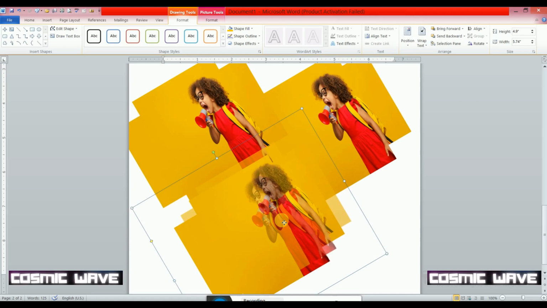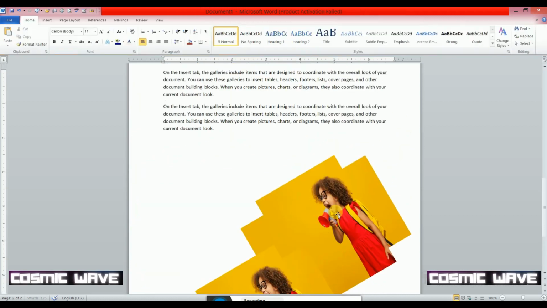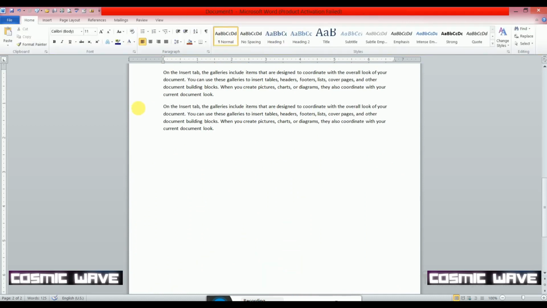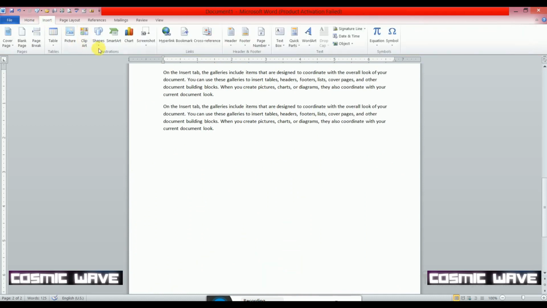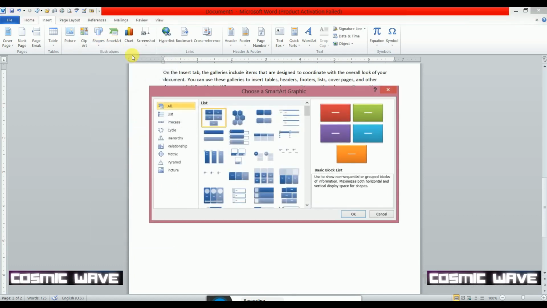Three copies are there. We can see it here. Now I just click on that and delete that one. In the Insert menu, we study about shapes and so many things. In the next order, we will study about